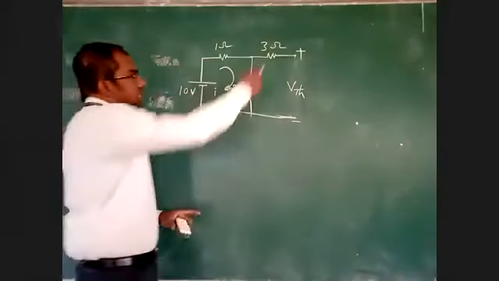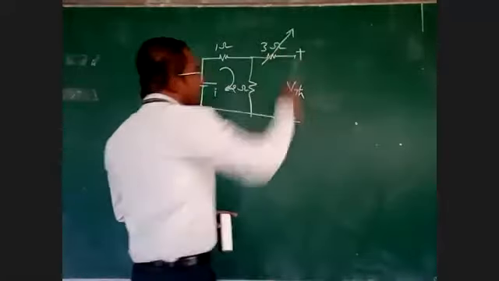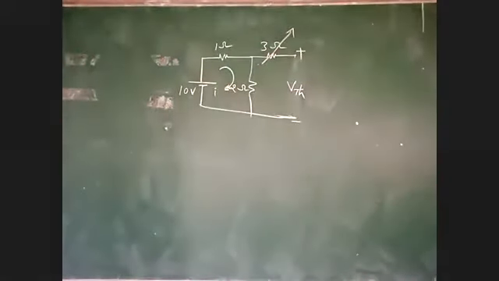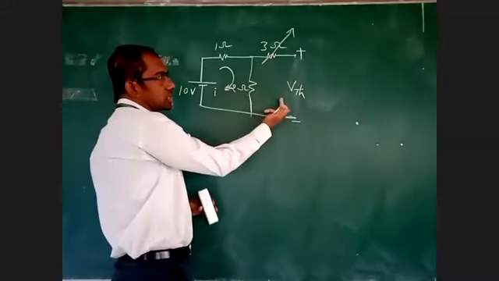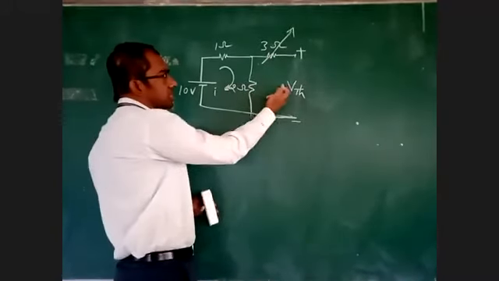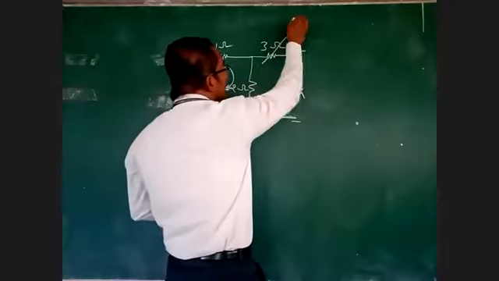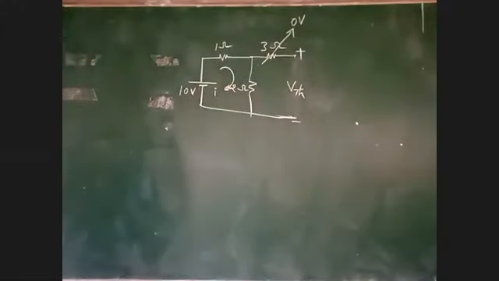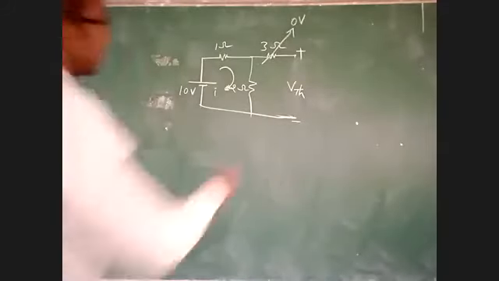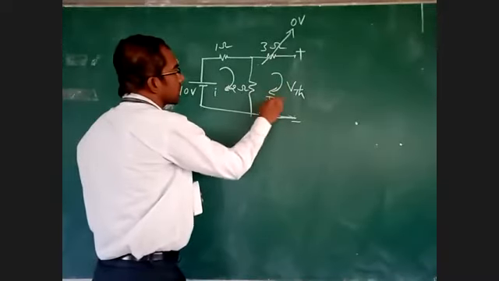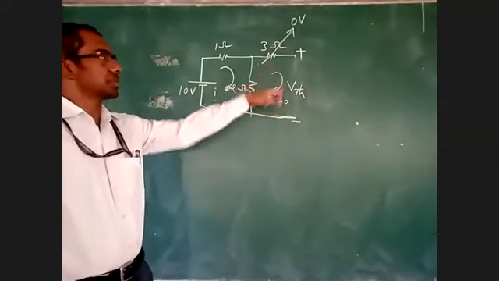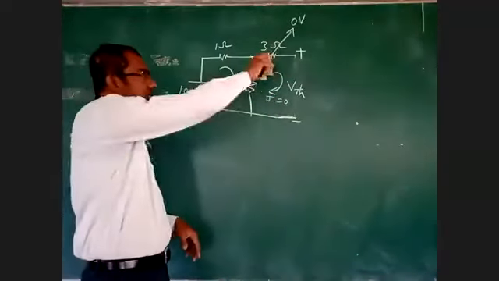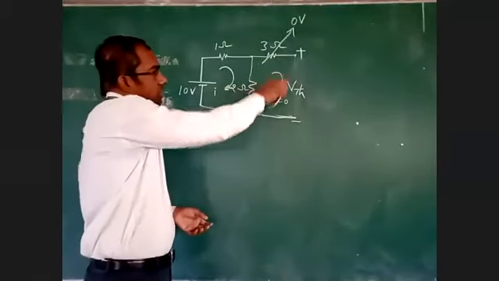Now here, what is the voltage across this? If the current is 0 in this loop, whatever current flows in this loop, the same current will flow here. This current is 0, so 0 multiplied by 3. What is the voltage? Zero volts. Why? Because in this loop your current is 0, since an open circuit is there. The current flowing in this is I. This is only a reference direction because the current is 0. We can take the reverse direction also. Okay, I will take this direction only.